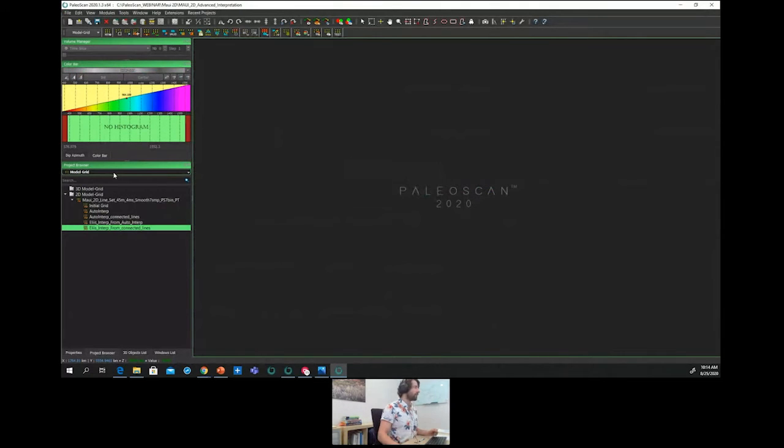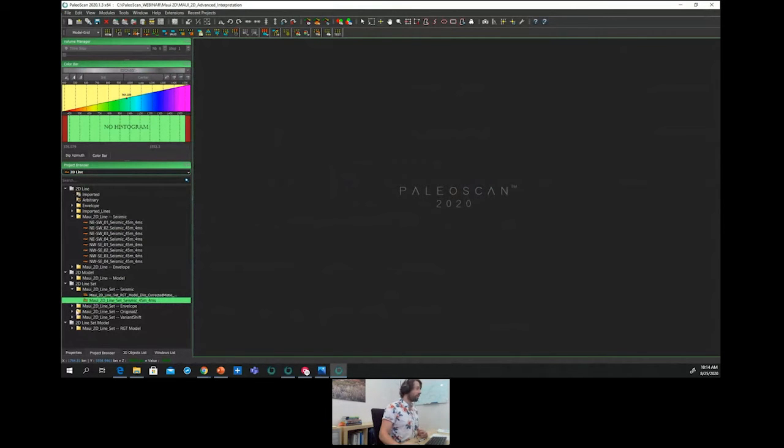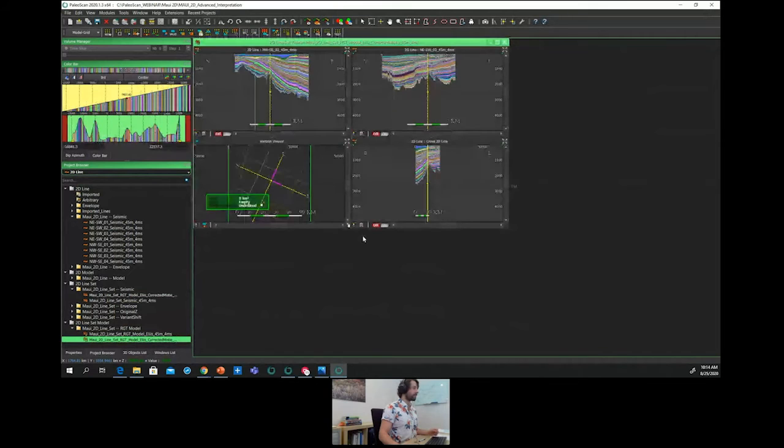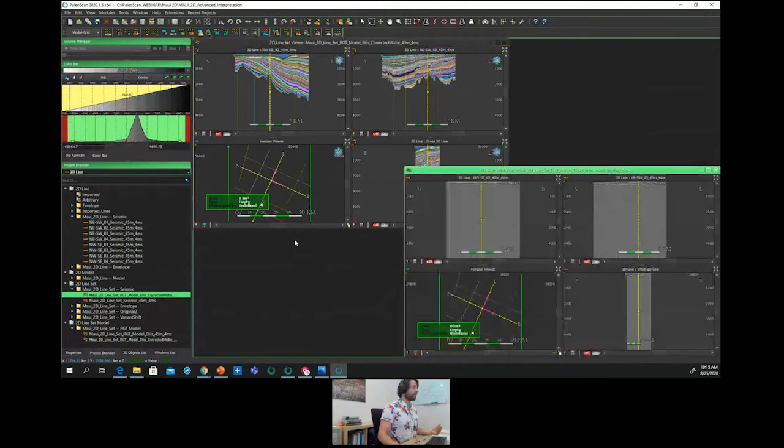Once this 2D model has been created, we simply have to get access to it thanks to the 2D line tab of the project border. And so we get, of course, the 2D line set model, so without mistie correction and with mistie correction. So we can visualize it like that. We get as well the corrected mistie seismic data. And optionally, as I mentioned, the original Z position and the vertical shift.